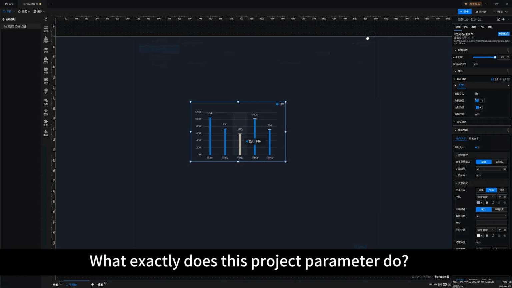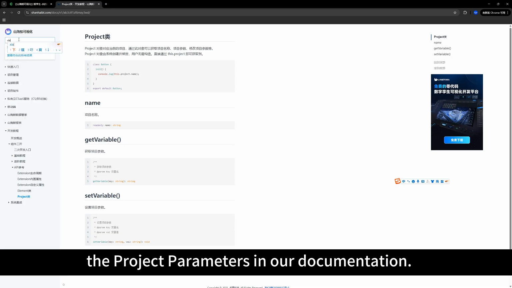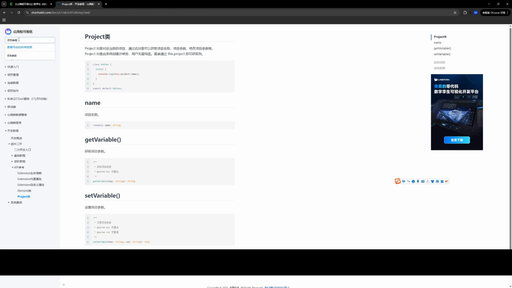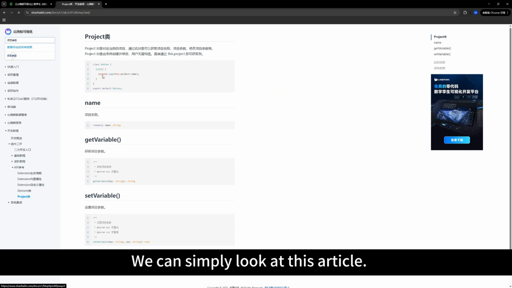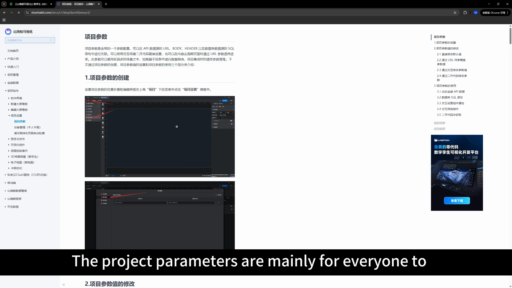What exactly does this project parameter do? We can directly refer to the project parameters in our documentation. We can simply look at this article. The project parameters are mainly for everyone